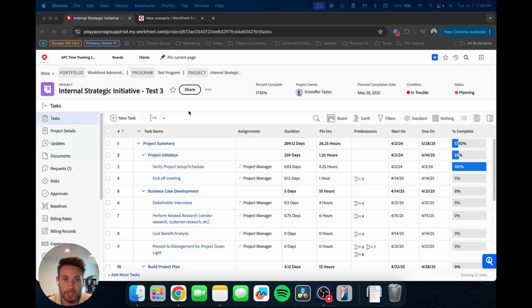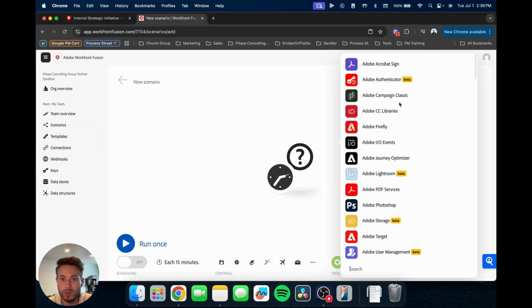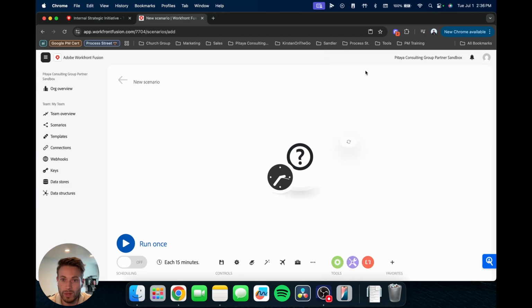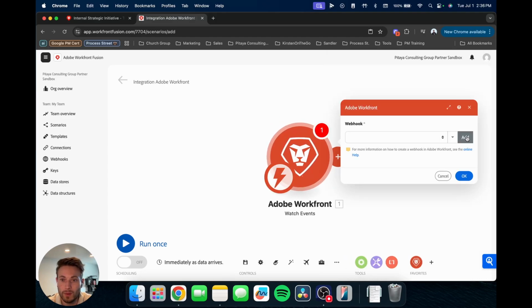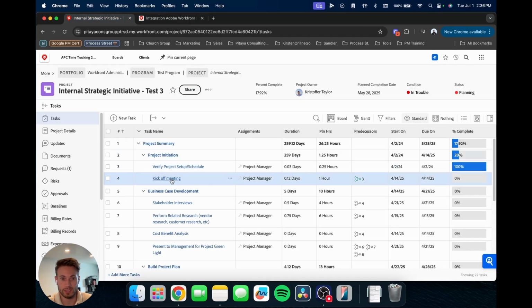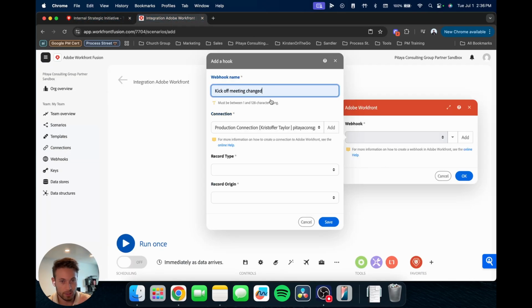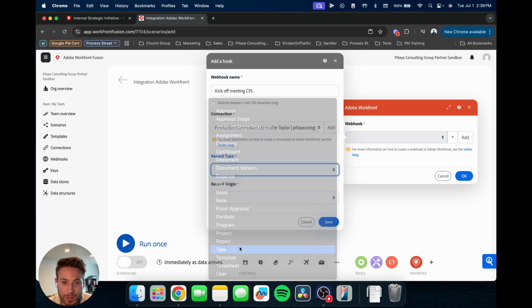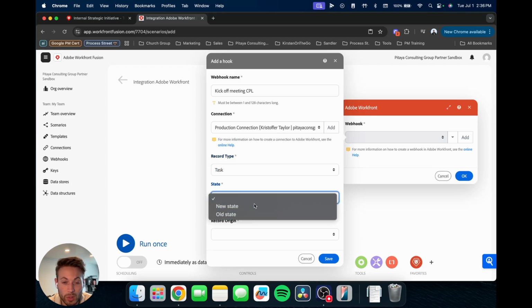So let's dive in. We'll go into Fusion and start by creating a watch event module. We're going to add a new one and we'll call this "kickoff meeting changed," just because that's the name of that task. I'm saying when that meeting is changed, or actually I'm going to say complete, because specifically we're going to be looking at when it's marked complete. So we have our connection. Our record type will be task. It will be new state,